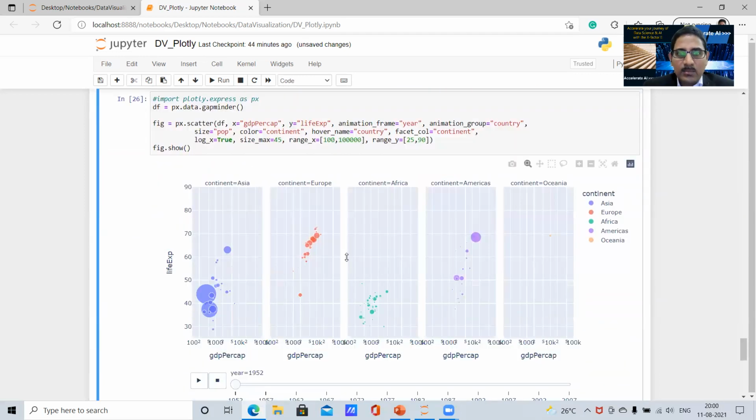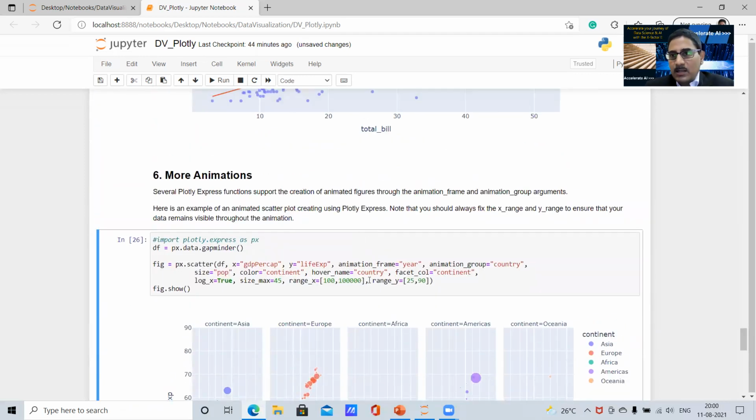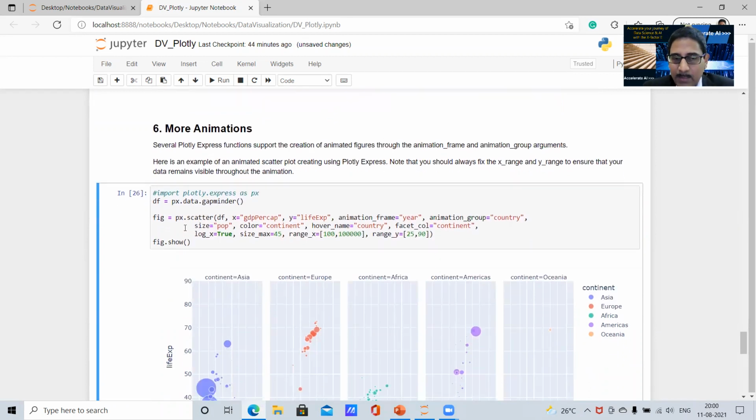Then, very interesting, more animations. Several Plotly Express functions support the creation of animated figures. We can use animation_frame or animation_group as the arguments. As you would see here, we have used an example of an animated scatter plot using Plotly Express, px, and